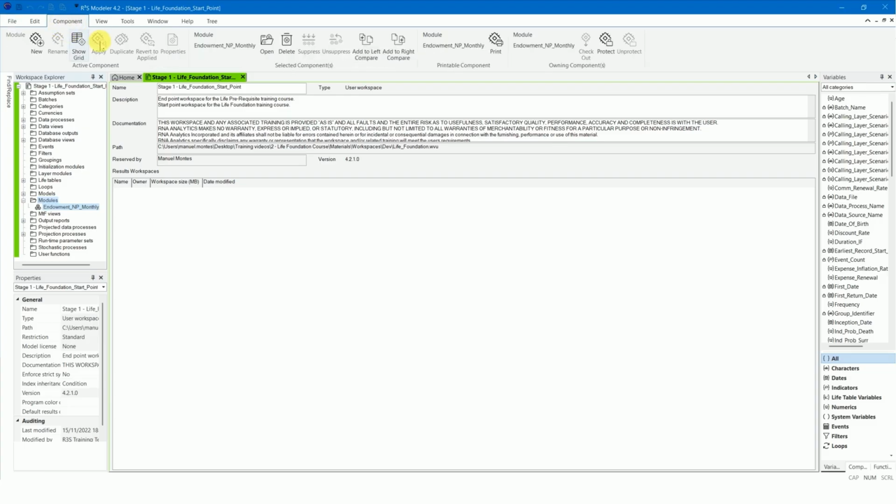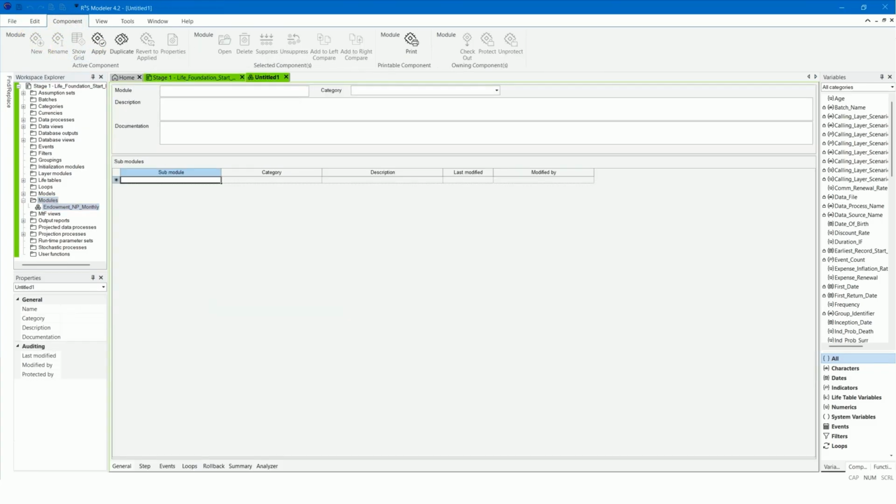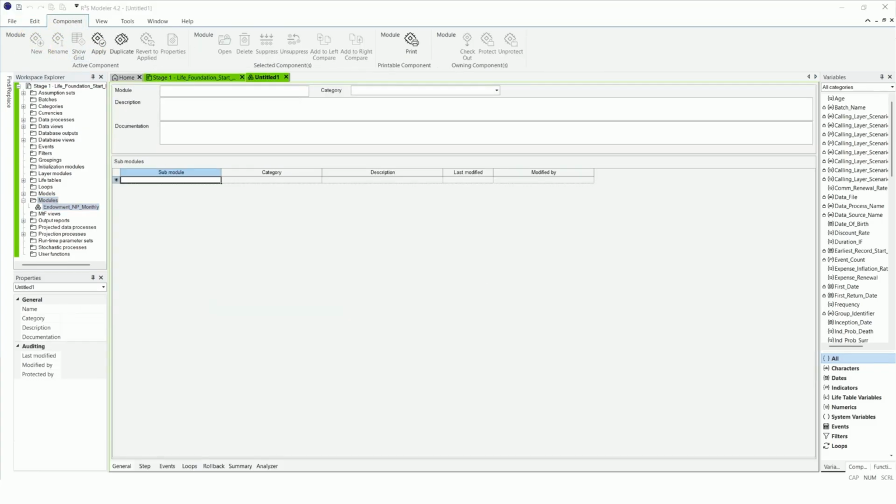First, add a new module and give it the name Ages, Dates, Durations, Monthly.